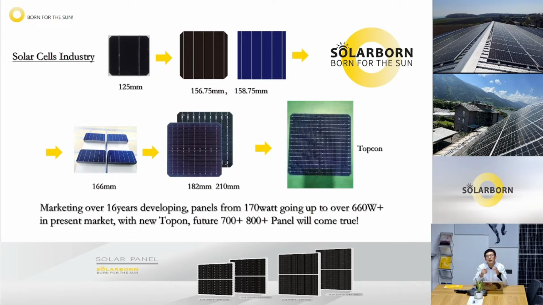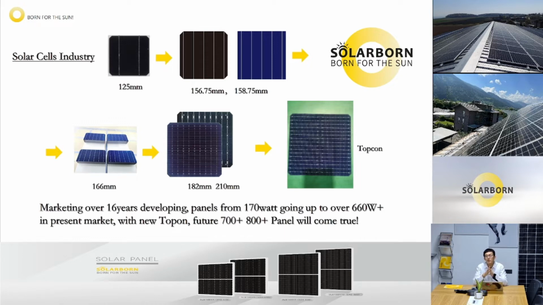Like the present market, mainly mono and poly is out of the market because the mono cost and the mono efficiency are much better than poly. Then the present market for biggest power panel is only produced by mono solar cells. Like 2 years ago, the market mainly used 166 millimeter. And the other years mainly 182 to 210 for big power, like the present hot type